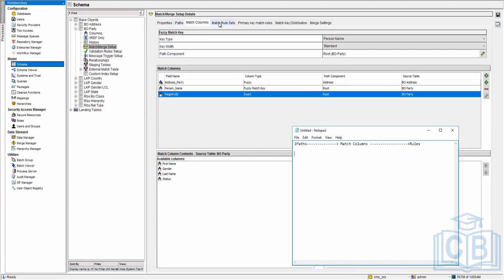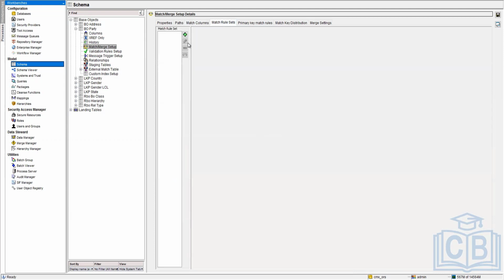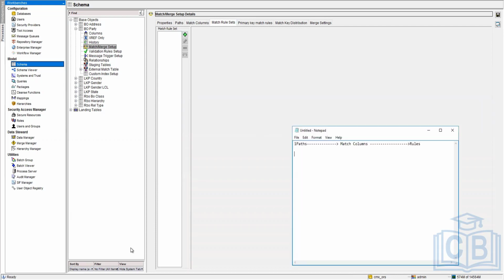So what do you mean by rule set? Rule sets are created by utilizing the attributes which we just created, the match columns which we just created. If I go into match rule set, there can be n number of rule sets, but at a time you can utilize only one. What do you mean by that? When we use batches to run batch jobs,